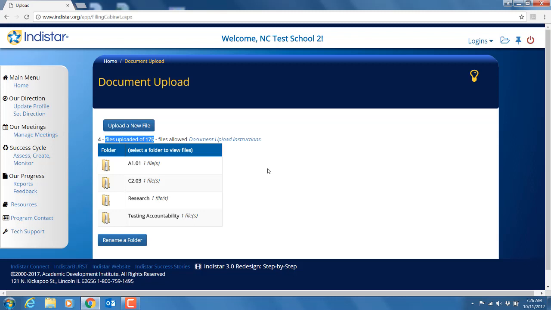However, we will tell you that you can link as many as you want. So if you're using Google Docs, Google Sheets, Google Forms, anything that's online and you want to link to it, that doesn't take up any of the space of the 175. And some people always ask how you do that. Well, if you go right here to upload a new profile,